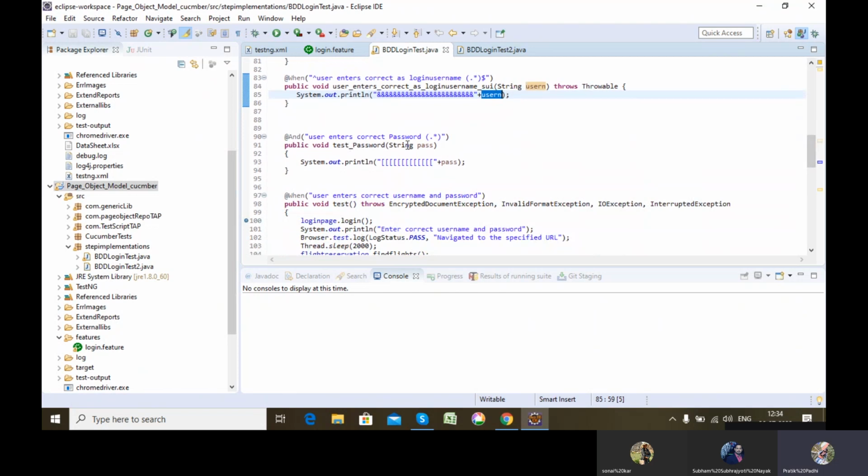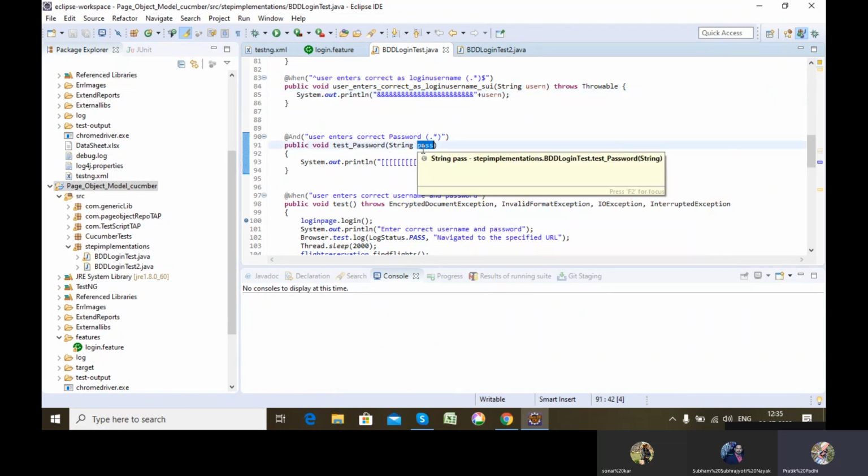See, the user enters the correct password; the ID is defined. This particular symbol and this particular symbol are also optional. You can use them or not, but it is recommended to use these symbols. You can leave them out and it will still work. So, user enters correct password.